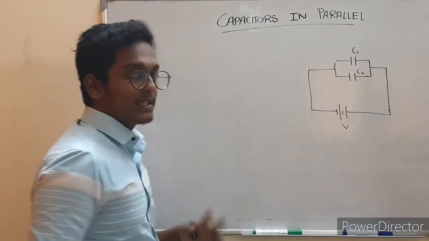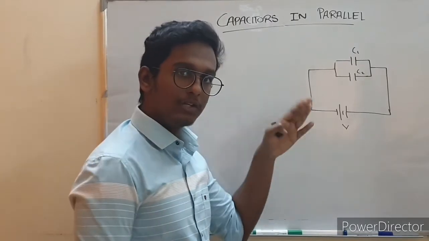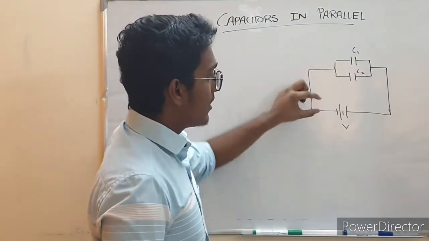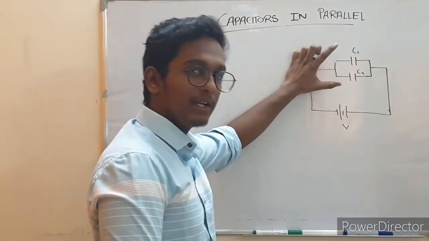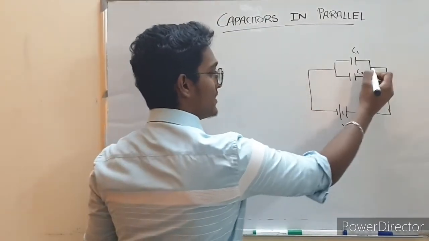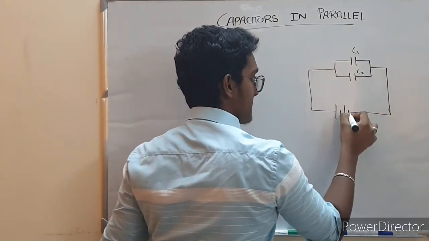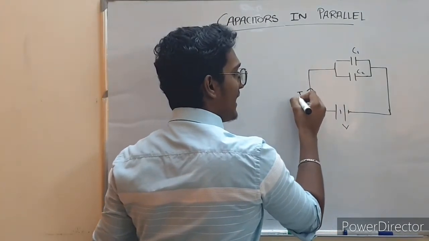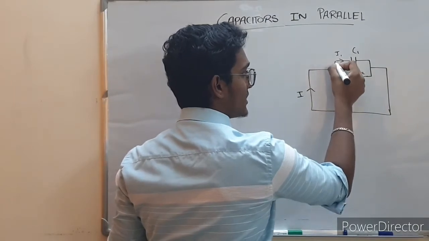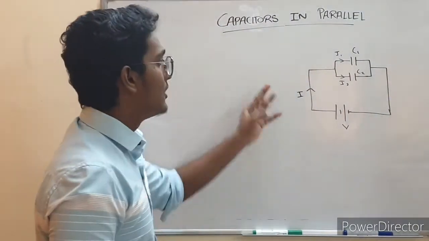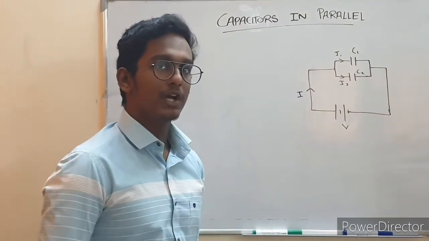If you have noticed in the previous case, charges were equal. That's because the same amount of current flew through each of the elements. But here, the amount of current passing is different. You know, current splits in a parallel circuit. That is, if this was, okay, let me change the battery. If this was current I, it would become I1 and I2 over here. The current just splits into two different magnitudes. So the charges in C1 and C2 won't be equal, but the sum of the charges will be equal to